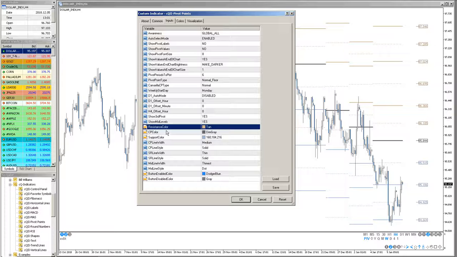Here is where you set the resistance color, or that's what I call them, up here. This is the central pivot color and the support color. You can change those, and you'll remember it. And this is just the central pivot width, central pivot style, and so forth. This is support and resistance width, these lines and these lines. And this is the mid-level width and color. Other than that, it's a fairly simple, hopefully, easy to use and fast